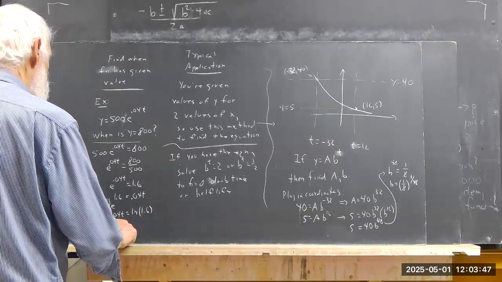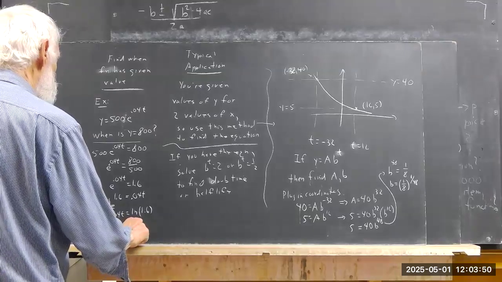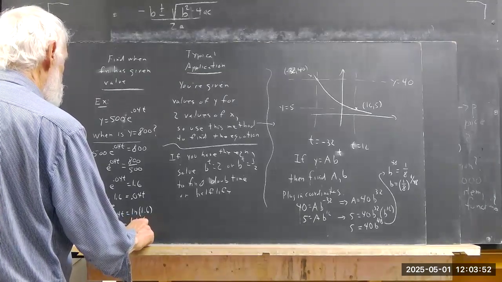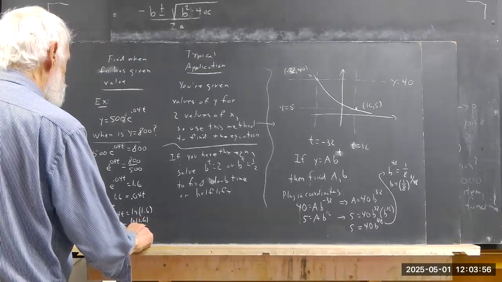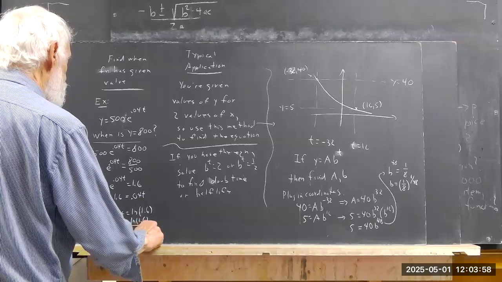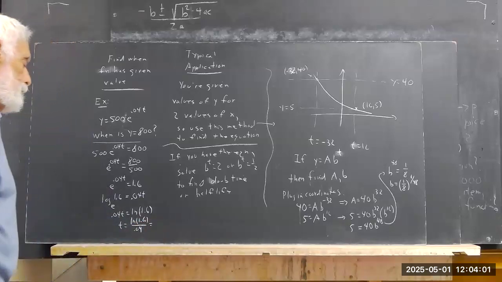So the t is the natural log of 1.6 over 0.04 equals,